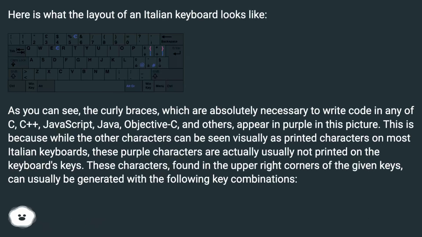As you can see, the curly braces, which are absolutely necessary to write code in any of C, C++, JavaScript, Java, Objective-C, and others, appear in purple in this picture. This is because while the other characters can be seen visually as printed characters on most Italian keyboards, these purple characters are actually usually not printed on the keyboard's keys. These characters, found in the upper right corners of the given keys, can usually be generated with the following key combinations: